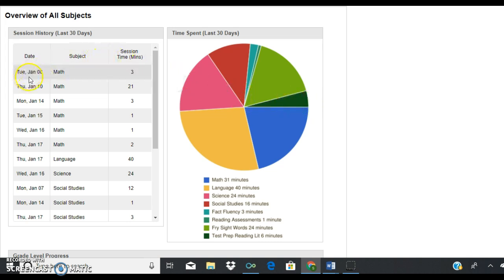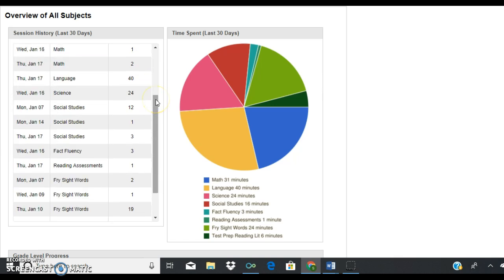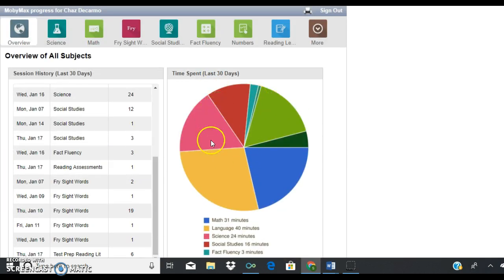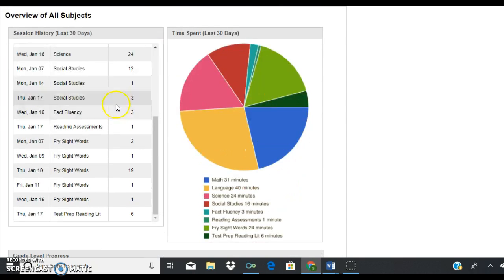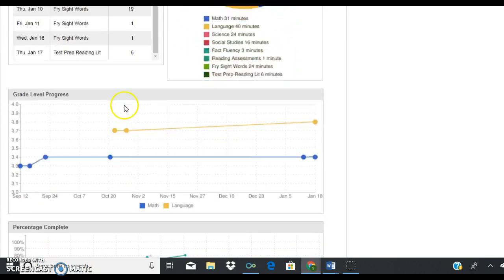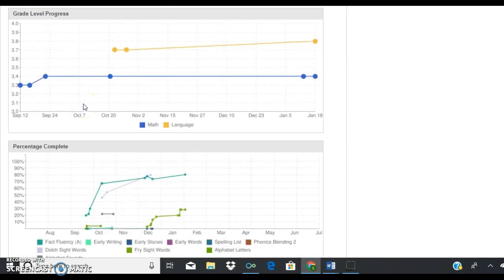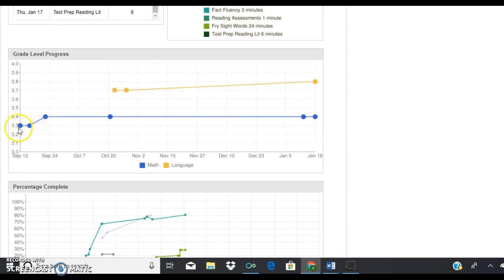how much time he spent on each subject for each day. So here you can see for January 8th, for math, he only spent 3 minutes. On Thursday, he spent 21 minutes in math, so it gave you a pie chart of the time spent in each subject. Over here, it shows the grade level progress. So he's in the second grade. So his grade level progress is at the 3.3 in 3.4